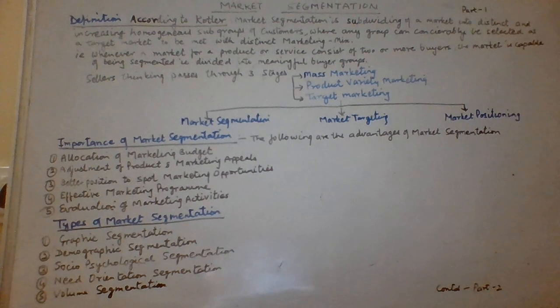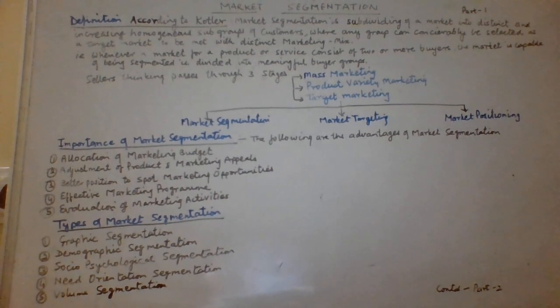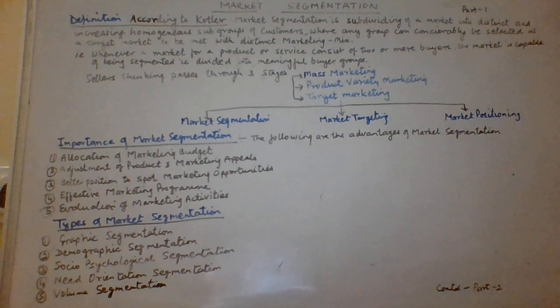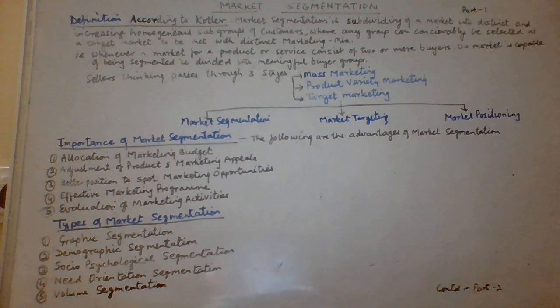Last is the evaluation of the marketing activities. Now, evaluation is about what we think and what we plan. There is every possibility that there is some variation between what we want to achieve and what we actually achieve. So it helps us in understanding, for example, in 2 or 3 segments. If in some segment we have selected, the marketing strategies are not working, we can evaluate whether to withdraw the product or to readjust the marketing program.